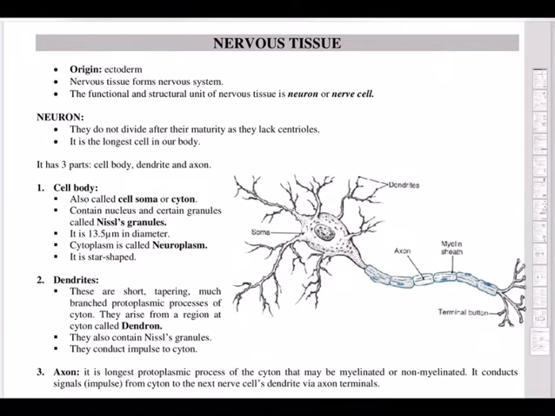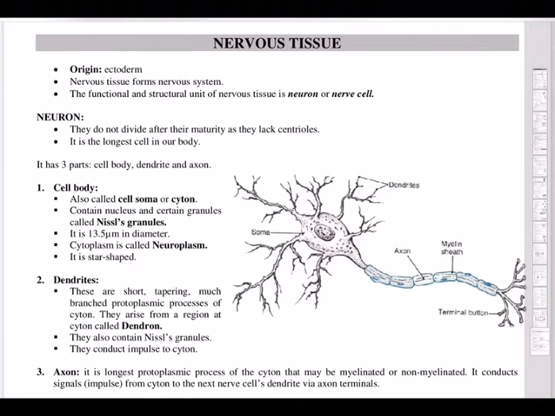From our memory, we understand that we have been discussing animal tissues, various animal tissues. In our previous sessions, we were talking about connective tissue, and the most important ones we talked about were blood, lymph and bone. Having studied that, we move on to the next tissue, a very important tissue.